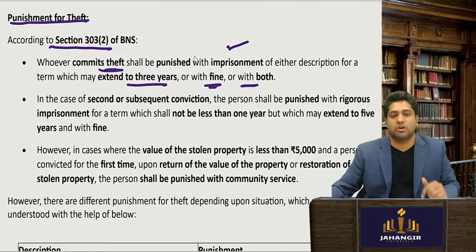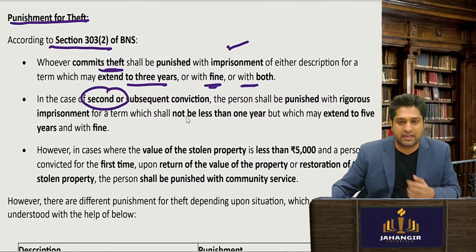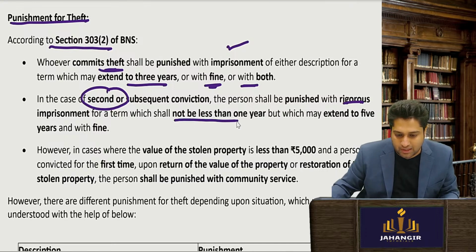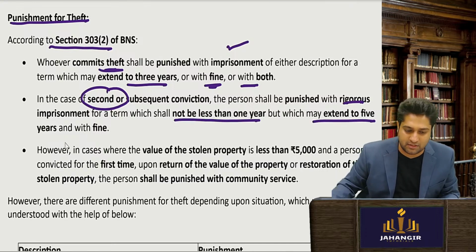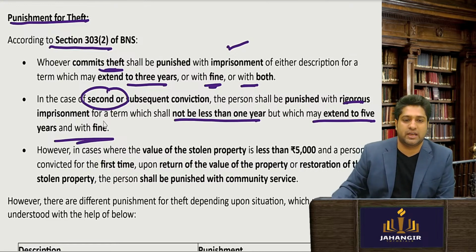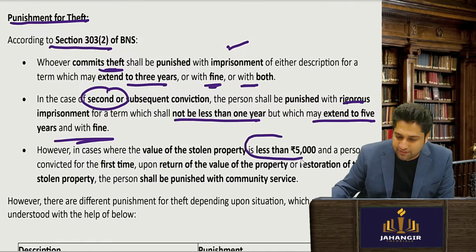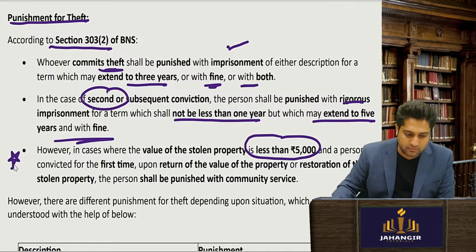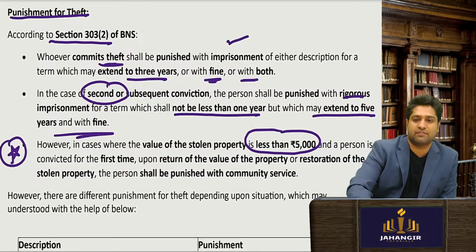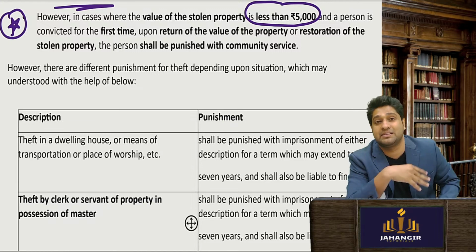When he repeats the offense, a second offense, he will get rigorous imprisonment for a term not less than 1 year, but which may extend to 5 years. So minimum 1 year. And if someone has stolen less than 5,000 rupees, very, very important, say someone has stolen 2,000 rupees,